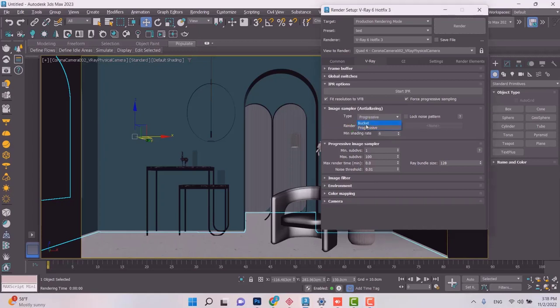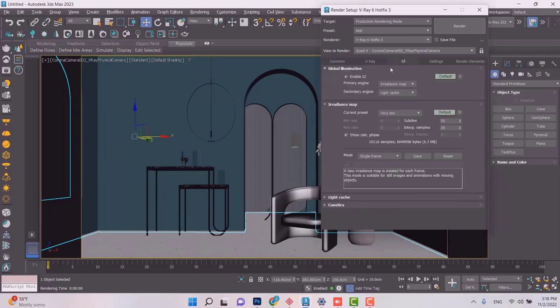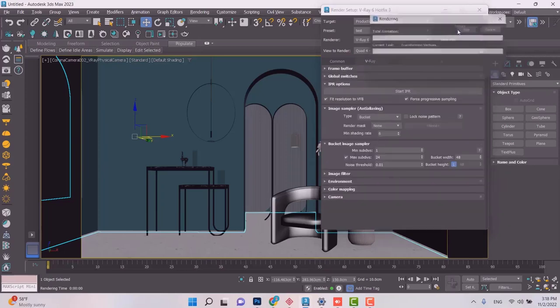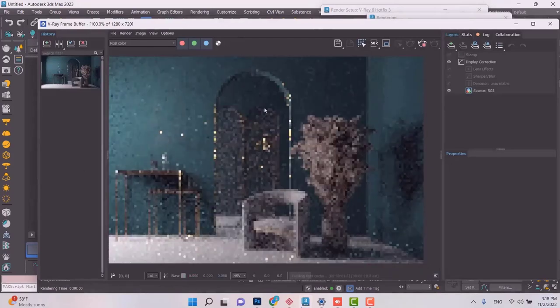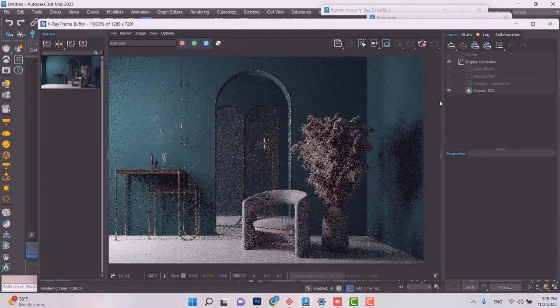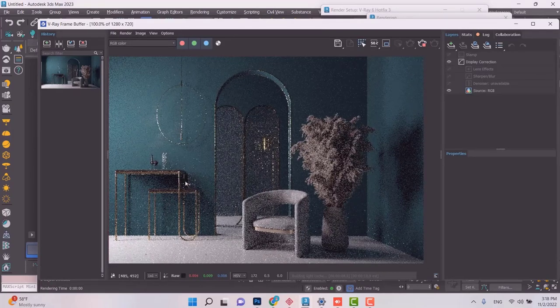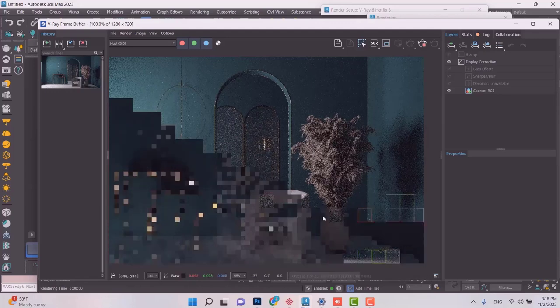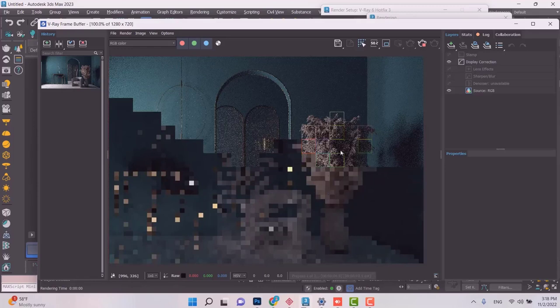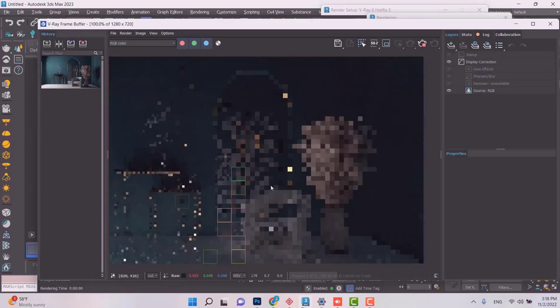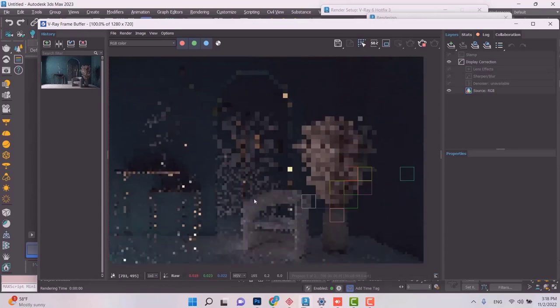Alright, we're going to test out both of these methods. We're going to start with bucket like I said, and I'm going to go back to GI, and I'm not going to change any setting with the GI. Let's just take a render and try to notice the point from which the buckets start to appear and show pieces of our final image. Right now the buckets are just moving and they're just collecting data, lighting data, material data, and after a couple of these pre-passes have been completed and they have collected enough data from the scene, we're going to see these buckets show us a completed piece of our final render.